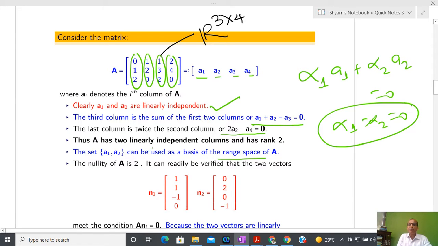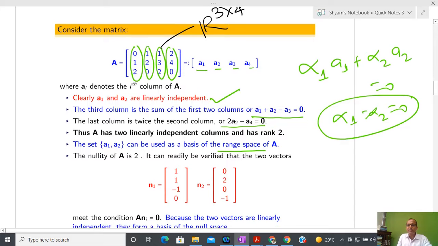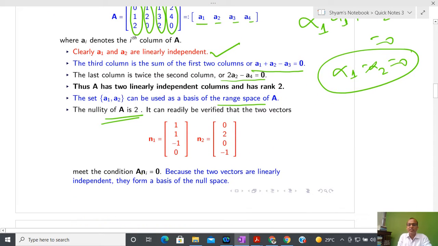What can one comment about nullity? Anyone? Could you please comment about nullity now? Yes, it is 4 minus 2. Yeah, 4 minus 2, it is 2. Anyone has confusion on this, then please let me know. Now I know that nullity is 2, so I have to select two vectors. The null vector might be in any form, but how to find that null vector? I just have to solve this condition.